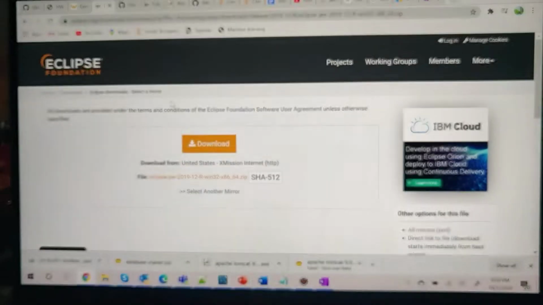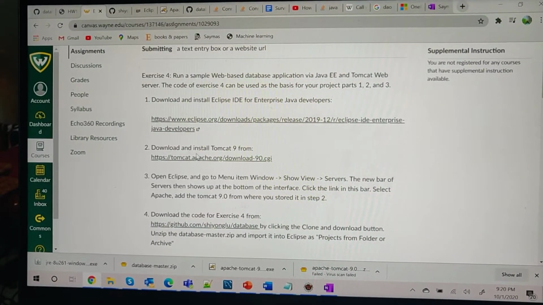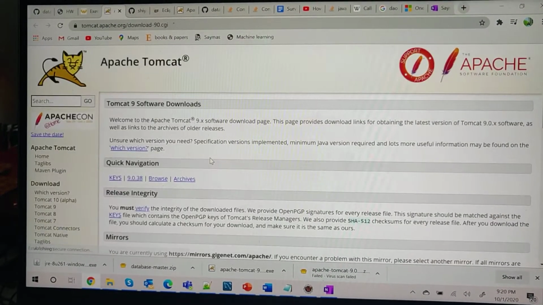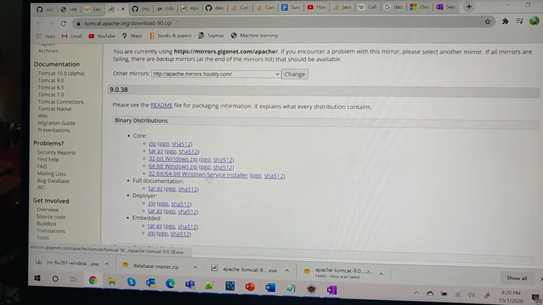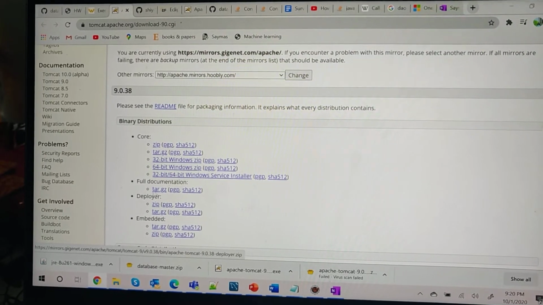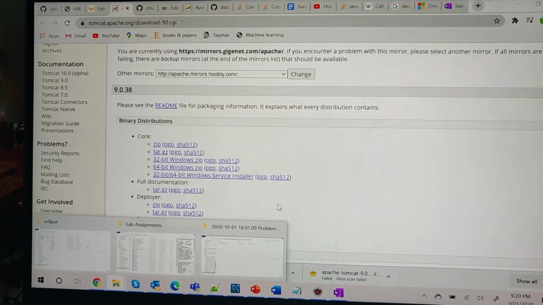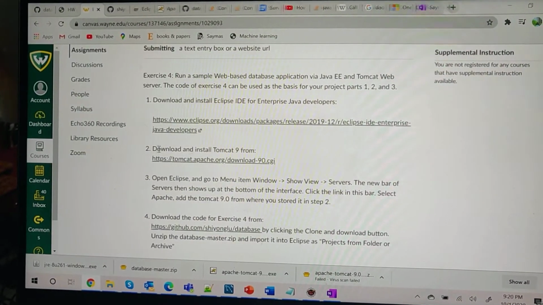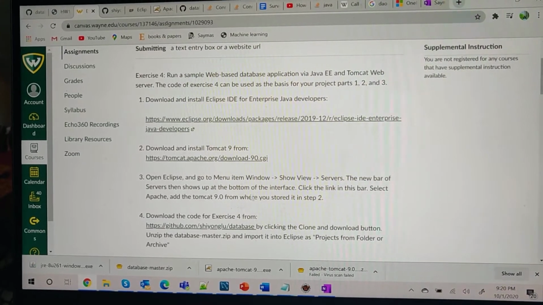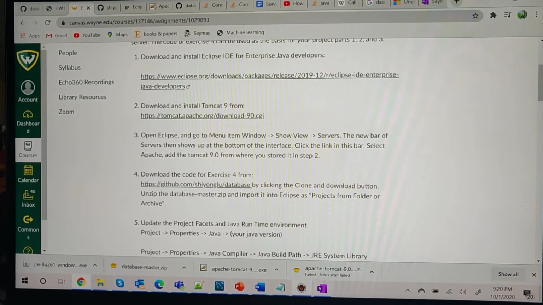After downloading Eclipse, we have to download and install Tomcat 9 from here. So I have installed this 32-bit and 64-bit Windows Service installer, and then opened Eclipse and went to the menu. Then I set up the server in my